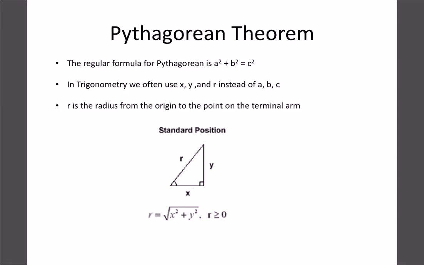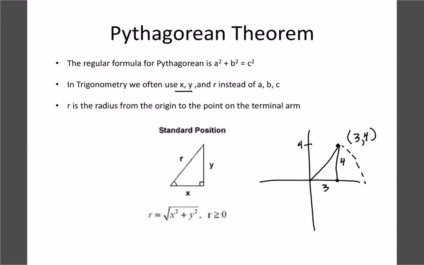when we're dealing with angles, because if I told you, let me just draw a little angle here, if I told you we have the coordinate of 3 over and 4 up, and if we were to draw that reference angle, we can see that our base of our triangle would be 3, our side would be 4, and you can see that that coordinate would actually be 3, 4, which is our x coordinate and y coordinate. So that's why we use x and y instead of a and b, because it relates to our coordinates a little bit better. And the reason why we use r is we actually think of this as being the radius